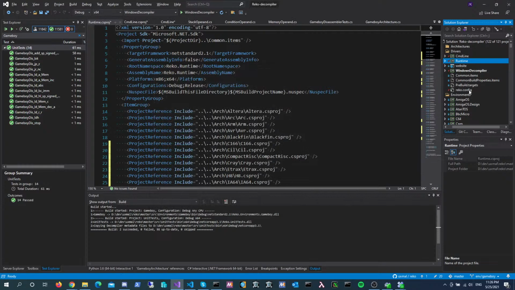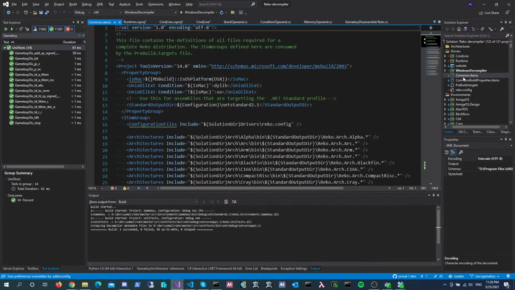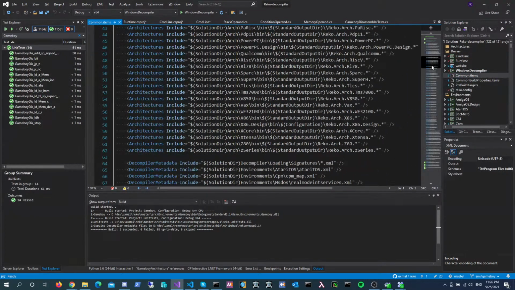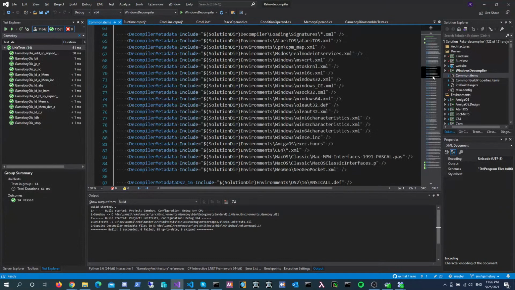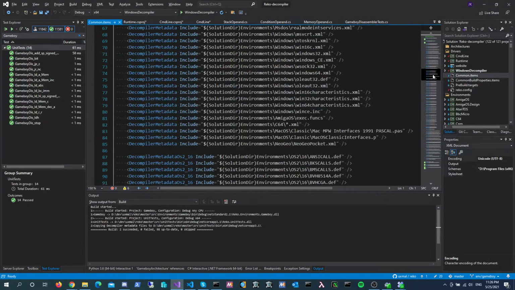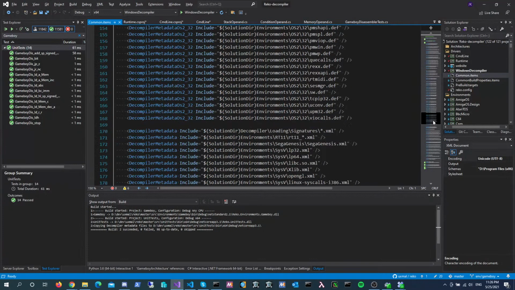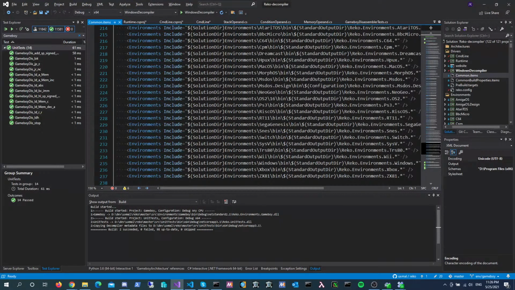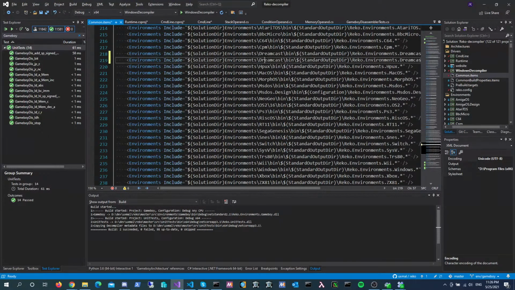Now, there is another file that we need to update, and that is the common items. Here we'll find the environments. That's the metadata. Here we go. So we'll use this one as a template. We have no metadata yet, but eventually that will happen too. Okay, so